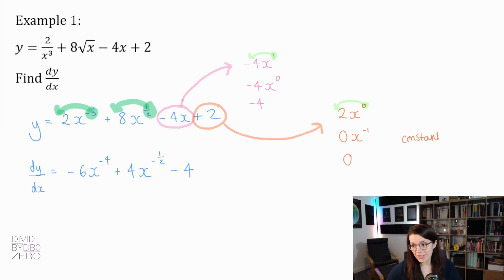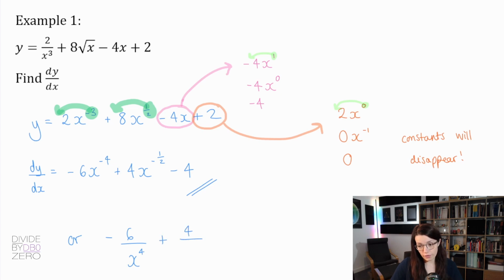So when you differentiate, any constants will disappear. So this is technically our final answer, but if you want to, you could rewrite it to be in terms of fractions and roots again. If we did that, it would be minus 6 over x to the power of 4 plus 4 over root